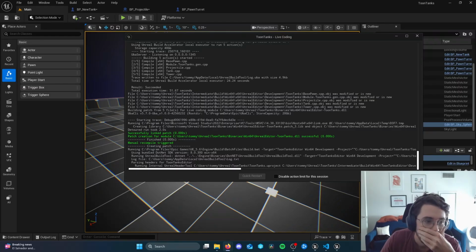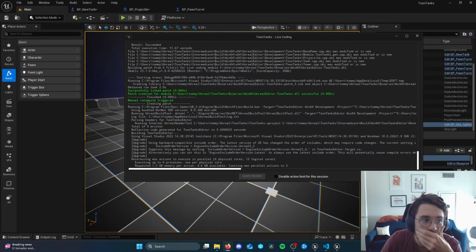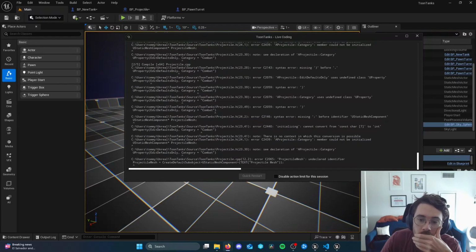Plus side of things. Now, you may not have thought of this, but we have this PrimaryActorTick.bCanEverTick equals true, and because our projectile doesn't really need